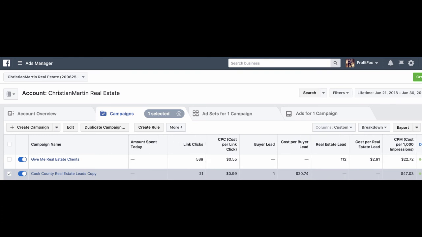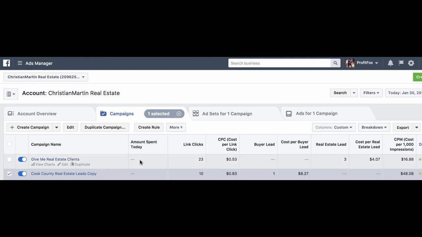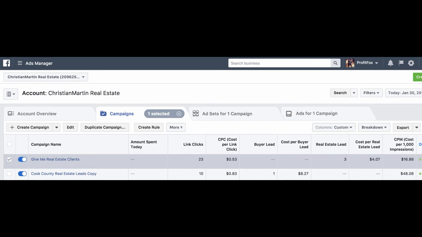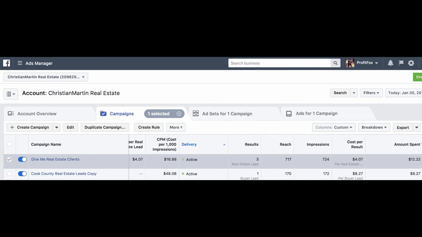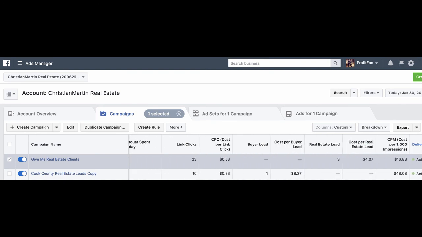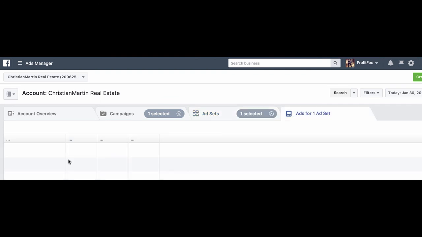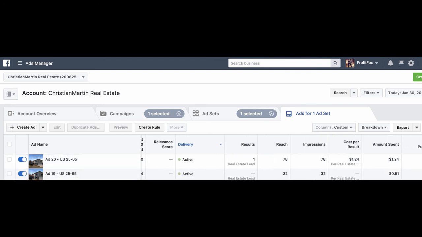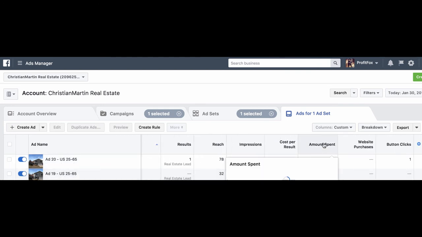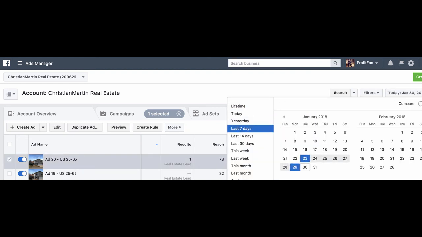So you can see now I can determine how much I've spent today, how many link clicks, the cost per link click, how many leads. You can see I have 3 leads over here at $4 a lead, my cost per impressions, and then some other info if I need to dive in deeper. Now, if I go through to the ad level, like I mentioned, relevancy score is only at the ad level, so I can jump in here. And like I said, you also need 500 impressions. So today this has only been shown to 78 people. If I want to see the relevance score,